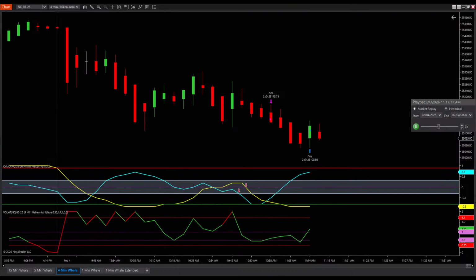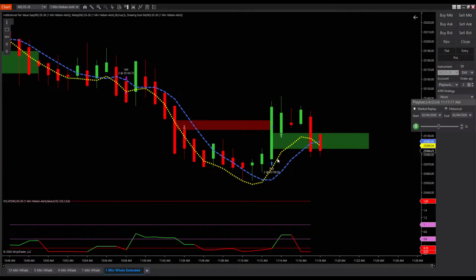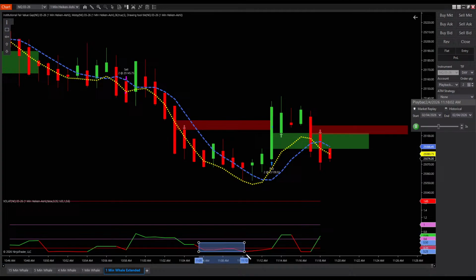And we got out right here at this bar, right when we saw the signal cross over the blue line right there. Okay, this was your fair warning, though, right here, that volatility was actually really, really low. And it basically led to a lot of chop right there. So this was kind of telling you that the whole move to the downside was kind of fading out on you anyway, right there.